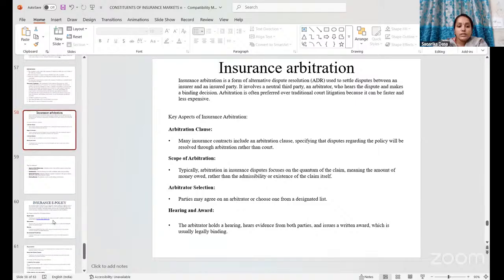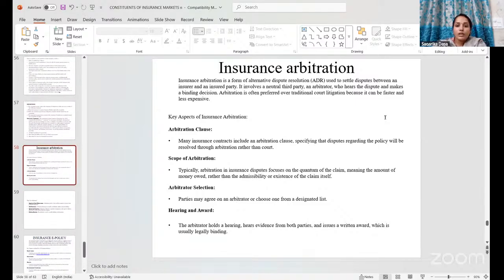The next concept we have is insurance arbitration. Insurance arbitration is a form of alternative dispute resolution, ADR, used to settle disputes between an insurer and the insured party. Like the ombudsman or any other grievance redressal mechanism,